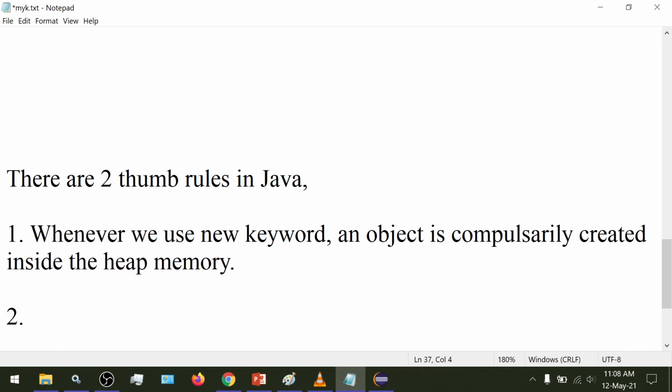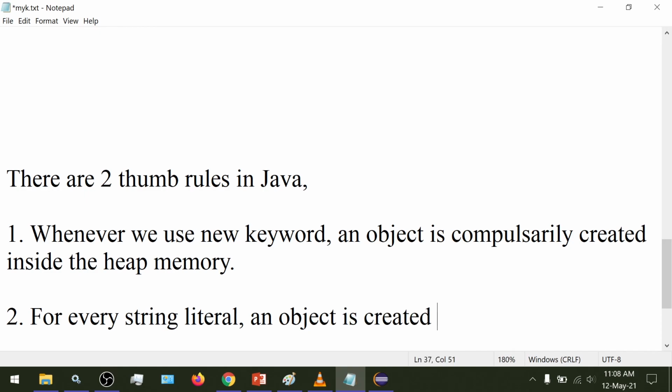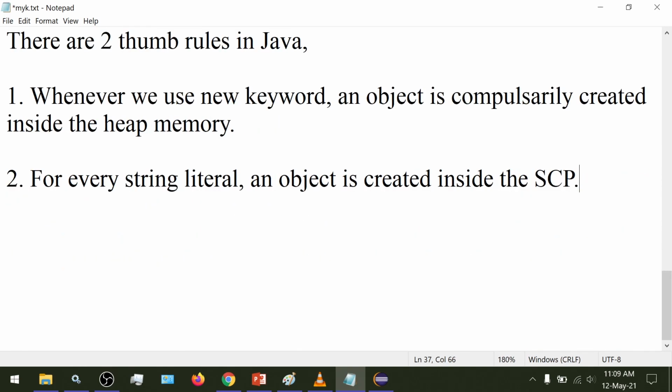And second is that for every string literal, an object is created inside the string constant pool SCP. So these are two important thumb rules in Java.